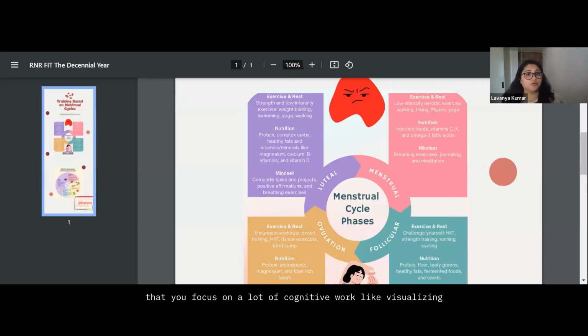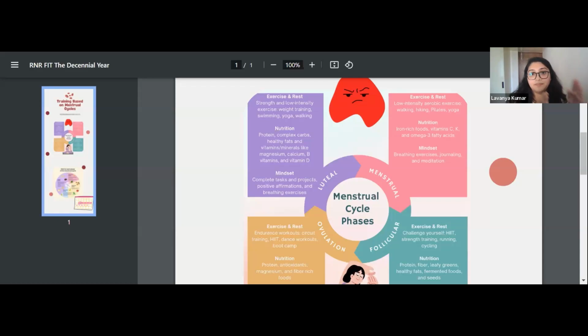You need to make sure that you focus on a lot of cognitive work like visualizing, making sure you meditate, breathe. Kids definitely difficult, but they can definitely work with breathing exercises and visualizing where they want to get, visualizing skills. So if you are having a lot of cramps because of the hormonal change, if you're having a lot of back pain, abdominal pain, leg pain, and if anywhere on a scale of 1 to 10,